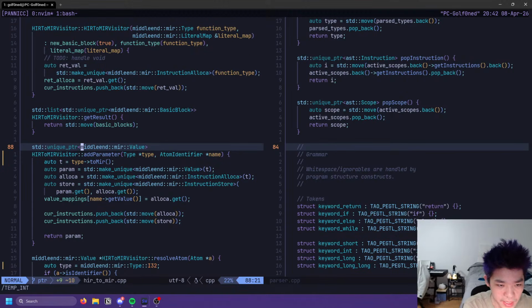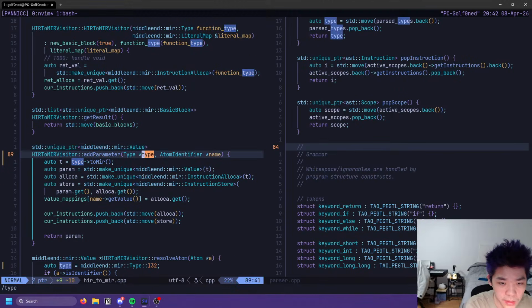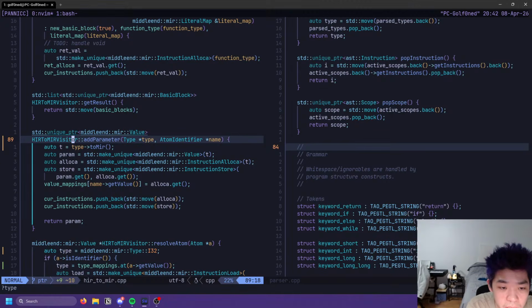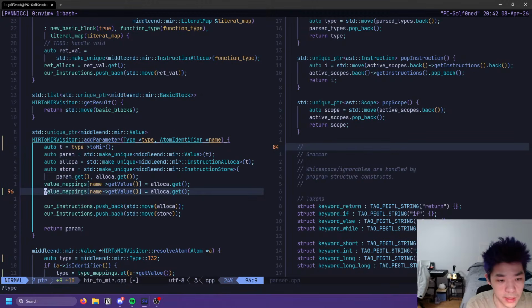Am I going insane? Wait, what? Add parameter. What was this for again? Oh, we need to... I see. We need to add the type mapping.